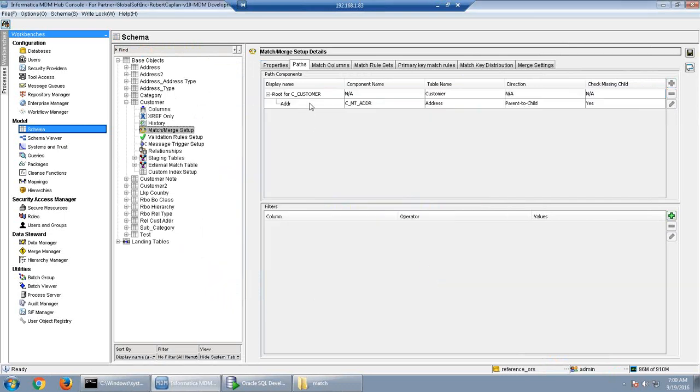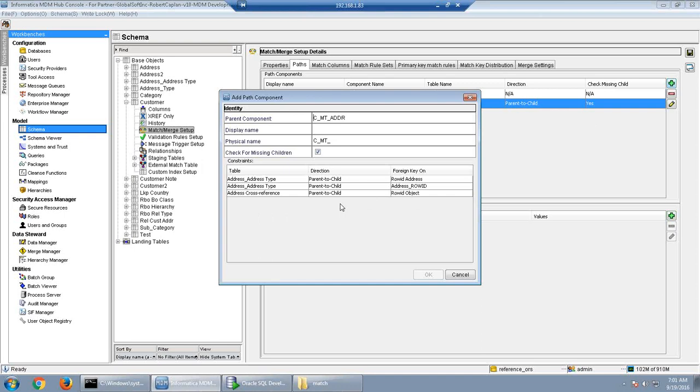So this is a match path which is created for the customer. Customer and address both are there. Now if I click on the set button, I will get the relationship table. Here it is related multiple times, so it is showing 2 records. Here you can select which one you want to go through. We can give a display name again here, saying that I am going with the relationship table.